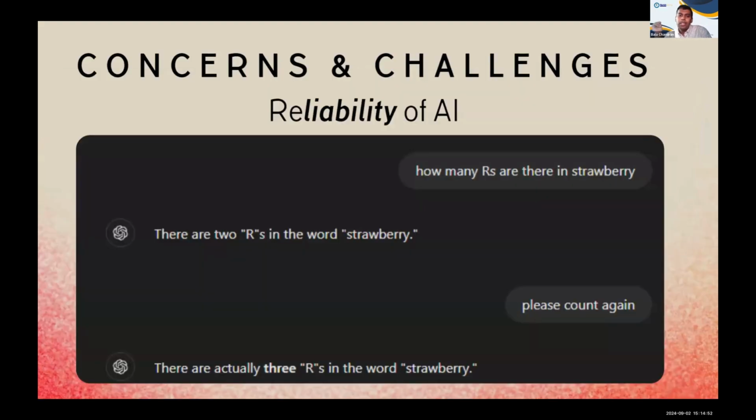I think Renee also mentioned this. A concern I have is the reliability of AI. This is a very recent phenomenon where the GPT is apparently unable to count the number of R's in a word. Why this is an issue is that to many students that I'm teaching, AI, whatever it says, comes across as gospel. They take it as the gospel. They will trust anything it says, which goes against the very nature of being a discerning user of the internet and technology in general. So in this way, it can actually become a liability.